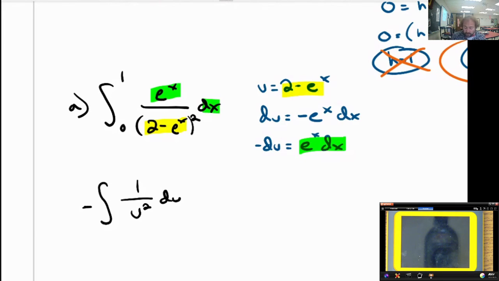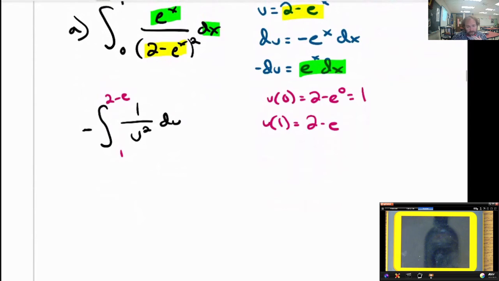And then one last thing we got to do, we got to check our bounds, because they are going to be different. u of 0 is thankfully 2 minus e to the 0, which is just 1. And u of 1 is not fun, 2 minus e. That's it. So our integral now goes from 1 to 2 minus e. That's not super fun, but we'll deal with it. So the antiderivative of 1 over u squared, that's u to the negative second power. Might be a good way to think about that. So the antiderivative there is going to be u to the negative first power over negative 1,